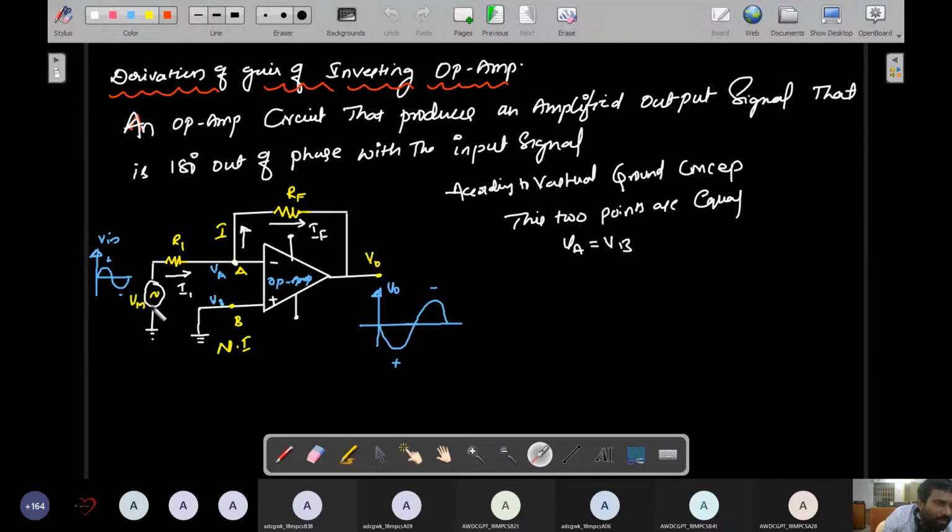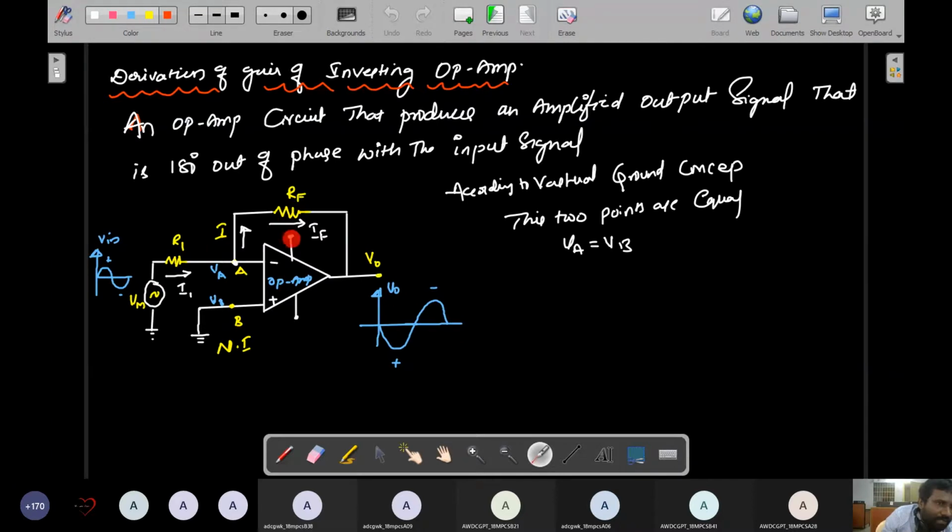And see here the input signal. This input signal is connected to the inverting terminal through an input resistance. Generally, an ideal op amp has infinite resistance, everybody knows. And I'm connecting some negative feedback to this operational amplifier. That means a small fraction of the output voltage is connected to the inverting input terminal through a resistor. This resistor is called the feedback resistor, RF.